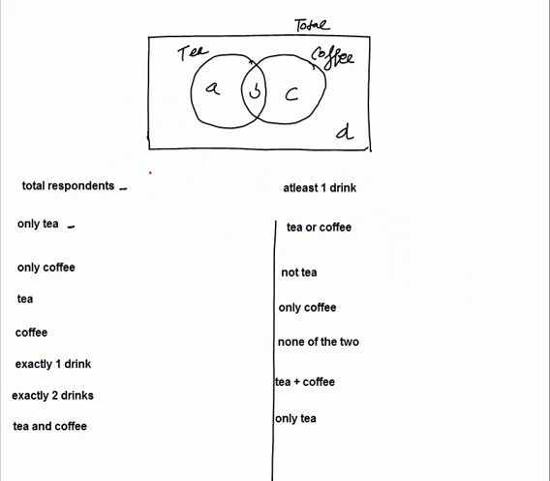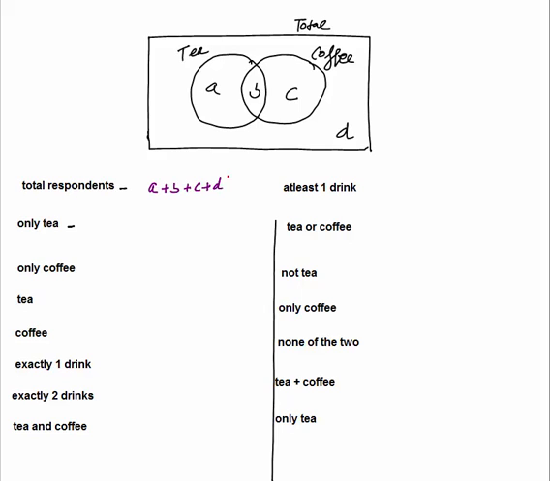Here I made a two variable Venn diagram. In this a survey was conducted among some persons for tea and coffee, two variables. The circles represent A and B. A means number of respondents, B is also number of respondents, C is also the total number of respondents in only coffee, and D is also the number of respondents. So total respondents would be how much? Can I say total respondents in a survey? The total number of persons who were invited for the survey was A plus B plus C plus D. These are the total number of persons who were invited for the survey.